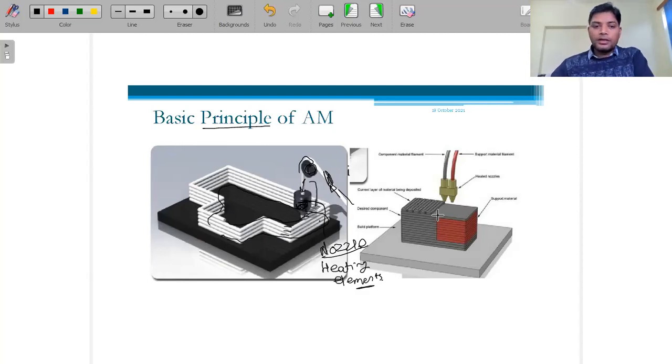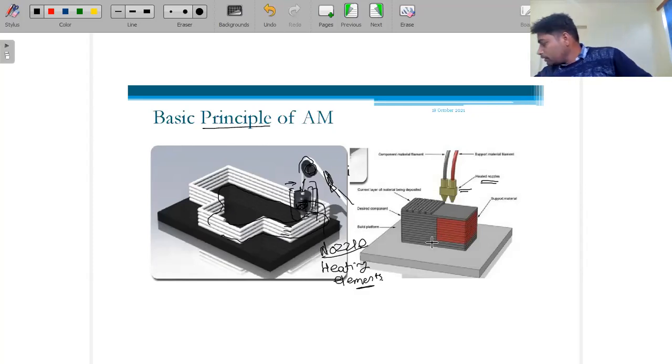Here this is a single nozzle. Two nozzles are also available. The 3D printer we have in our lab has two nozzles, and one 3D printer created by my students in a final year project is a single nozzle. Why do we use two nozzles? Sometimes we need a supporting material.